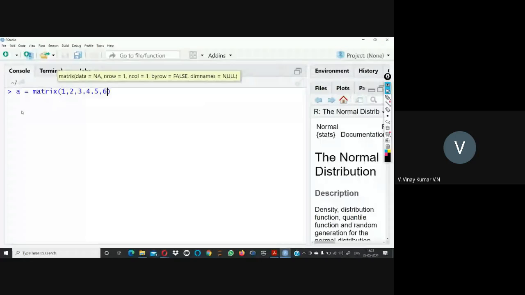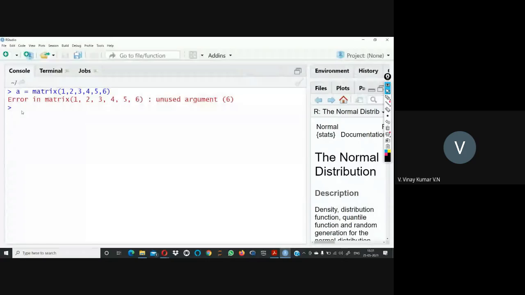So A equals matrix, and data is this. How many rows do I want to represent?